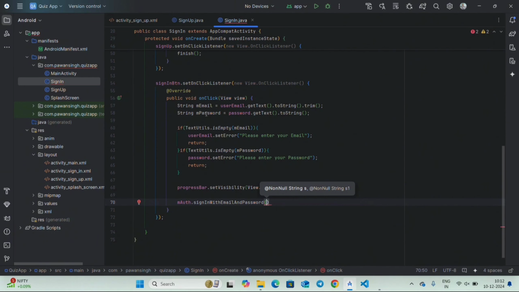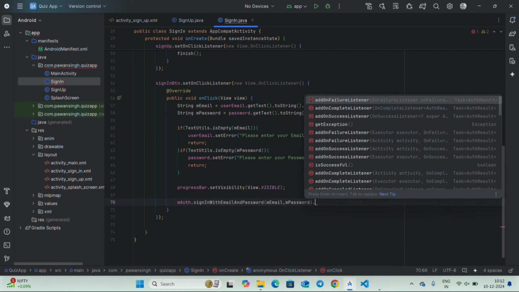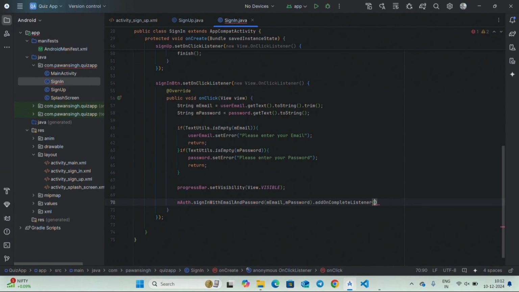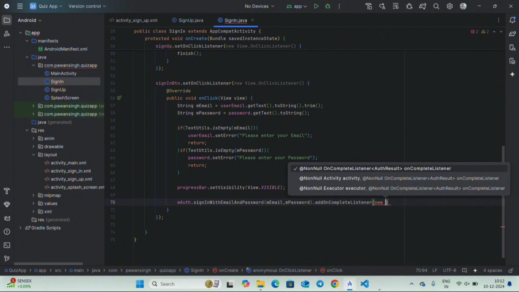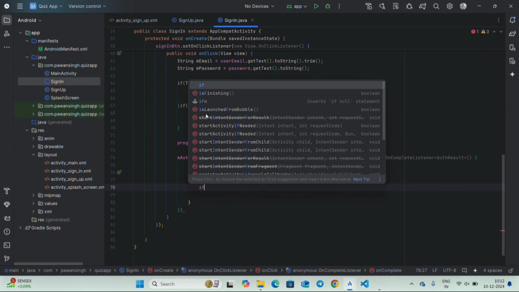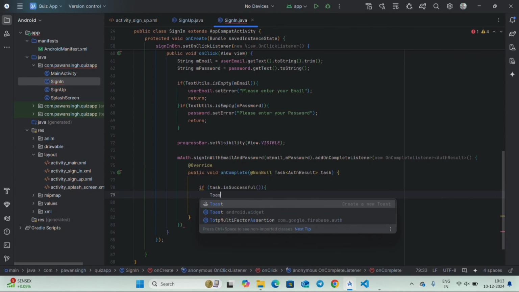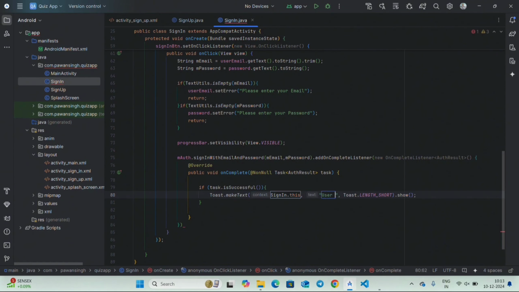In this we have stored mEmail, comma, mPassword, dot addOnCompleteListener, create a new OnCompleteListener. Now inside this, write the code for when the user is successfully signed in. So write here, if task.isSuccessful, inside the bracket write here Toast and "user signed in" or "logged in successfully",